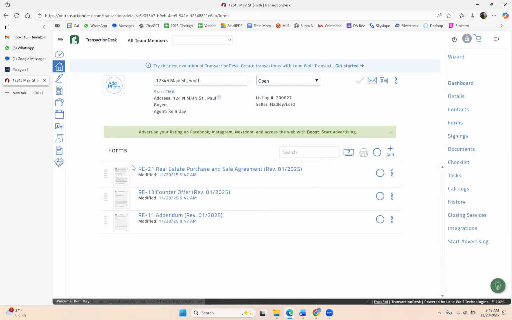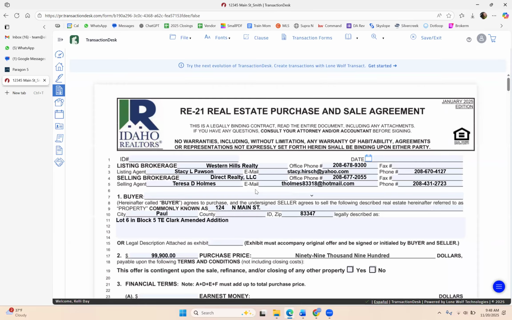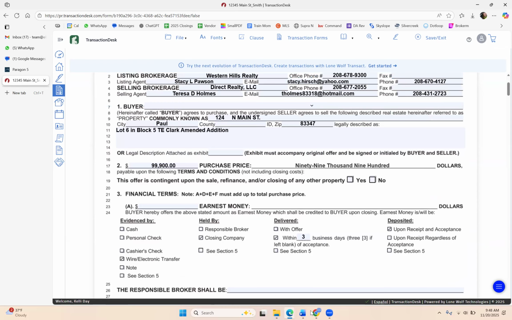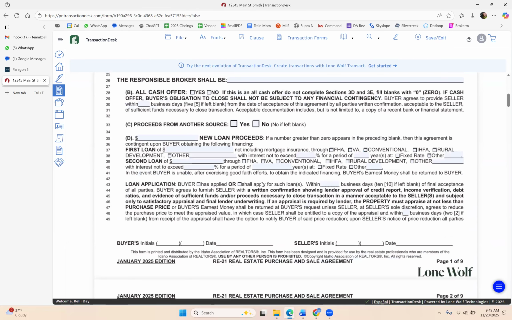Then you would go to your forms and click on this, and it will have majority of it filled out because it's going to use your template that you created. Remember how we said, I always do a wire and closing company in 3. Look, it has it right there. And if you would have filled out the broker, it would have had it. So it has all that. Then it now has the address, the legal, the listing brokerage. Once you would have added your buyers as contacts, it would put them right here. And it fills out like